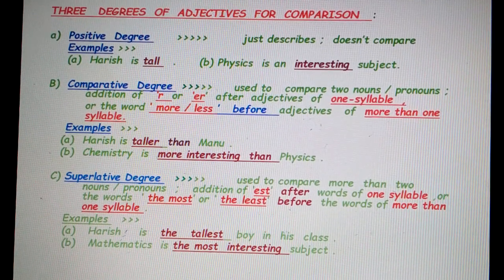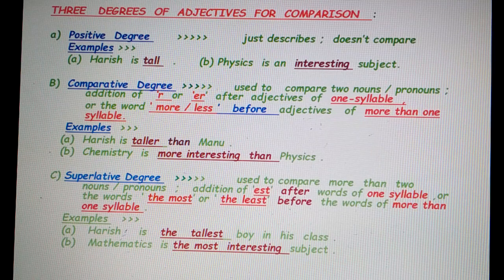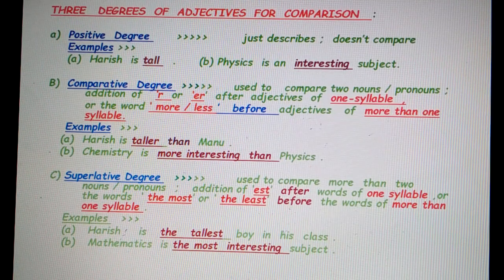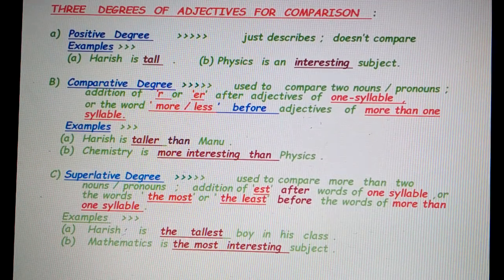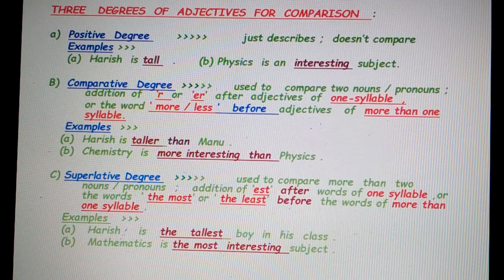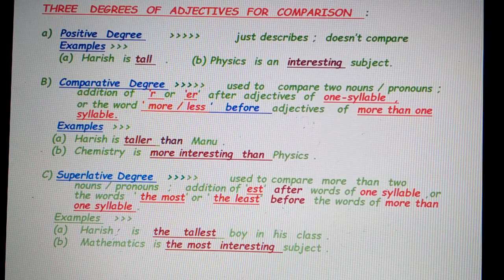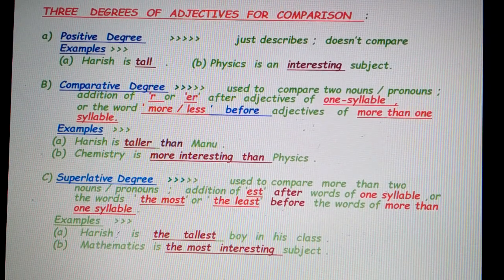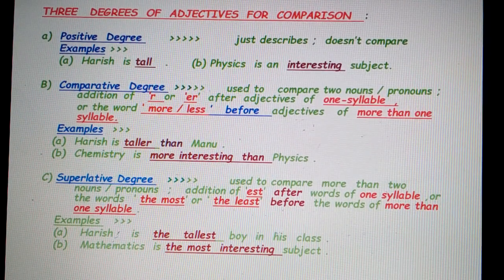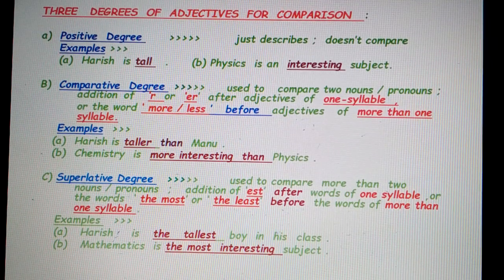And if you find the word the before the adjective, definitely it's going to be the superlative degree of adjective, and the sentence will obviously make it clear that one thing has the maximum of a certain quality as compared to the others of the same